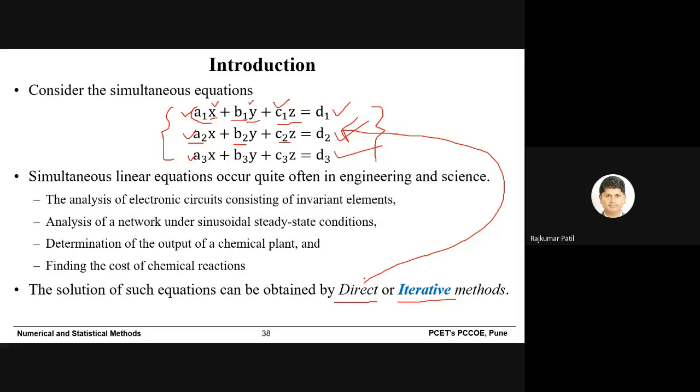So there are several direct methods that can be used to solve the problem, but there are certain situations where the number of unknowns are too many, x, y, z, then a, b, c. So if such type of situation is there in which there are so many unknowns and very complex equations which are very difficult to solve directly, then in that case we can go for the iterative method.